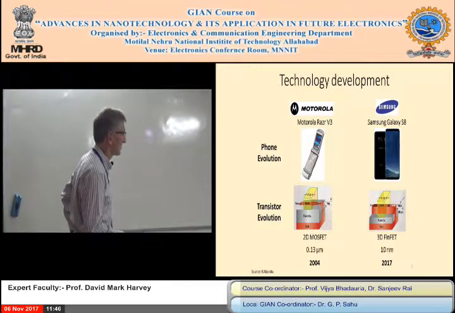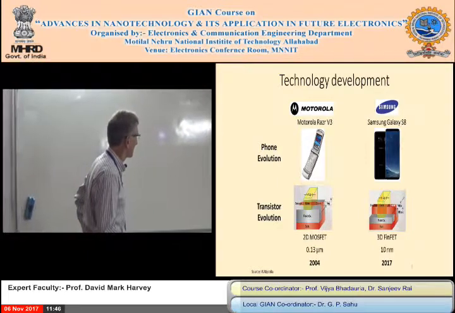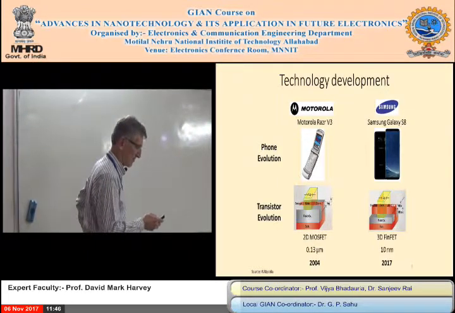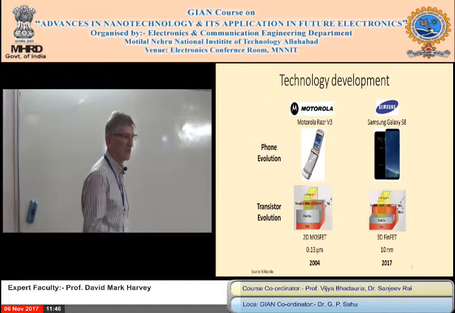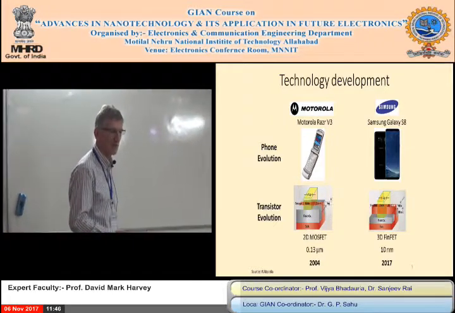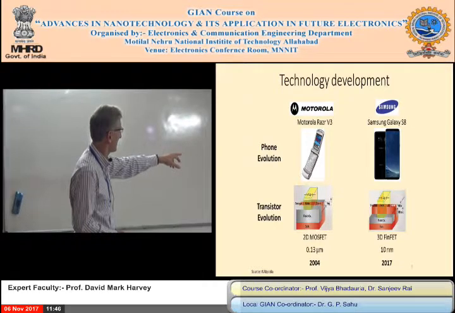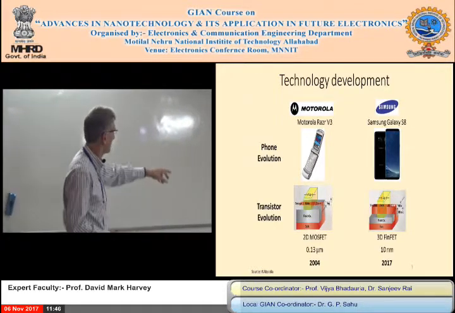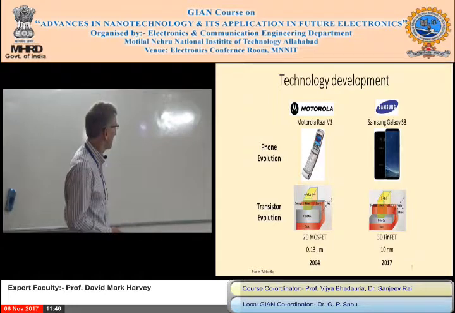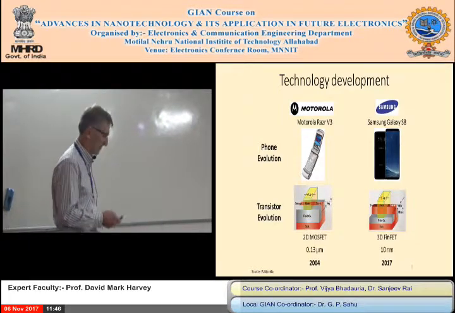2D means 2-dimensional, and the size has gone down to 0.13 of a micron, or we could say 130 nanometers. That's 10 to the minus 9. So go back, it's 0.25 of a micron in 97, it's 0.13 in 2004.